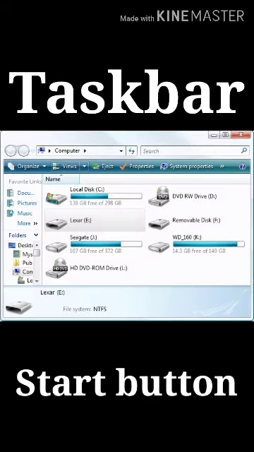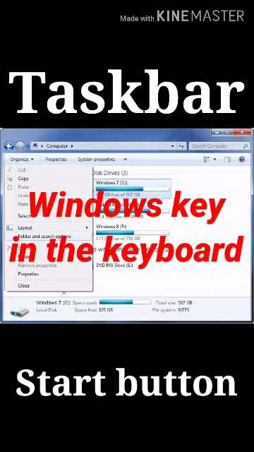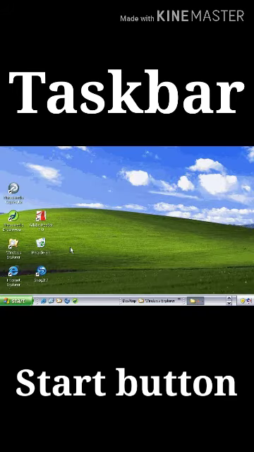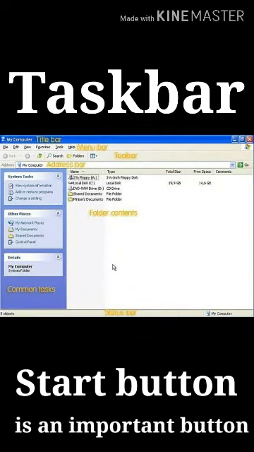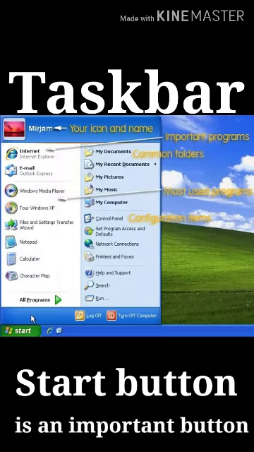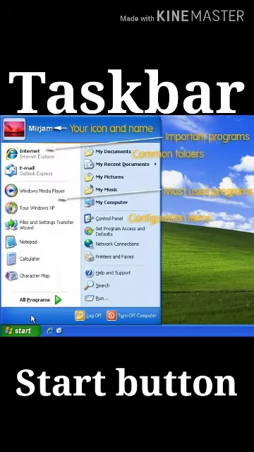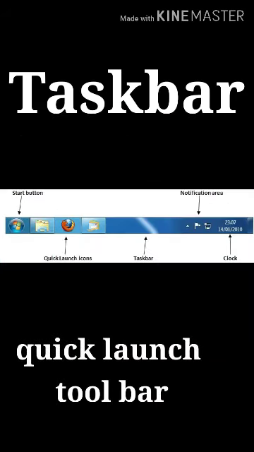You can directly operate this menu by pressing the Windows key on the keyboard. Clear, children? Now can you say which one is an important button in the taskbar? No doubt, the Start button is an important button in the taskbar. Clear, children?